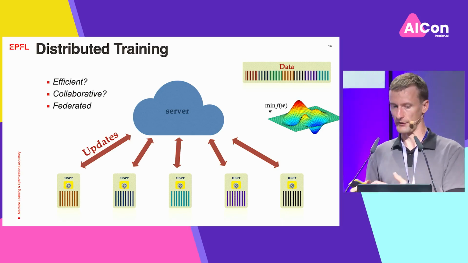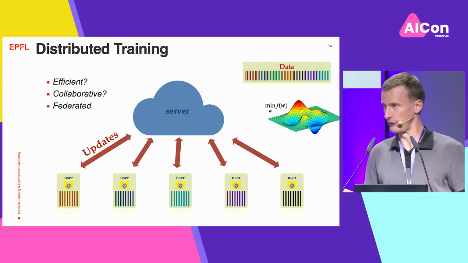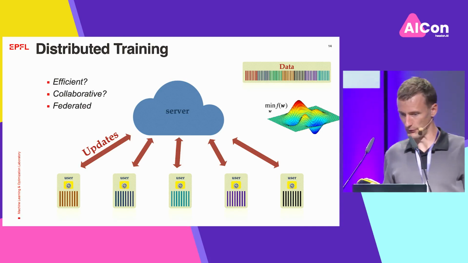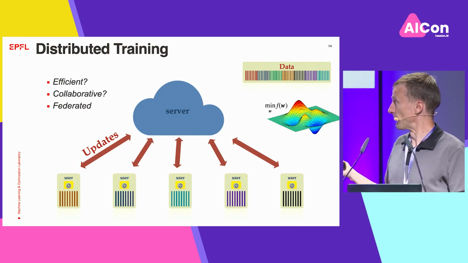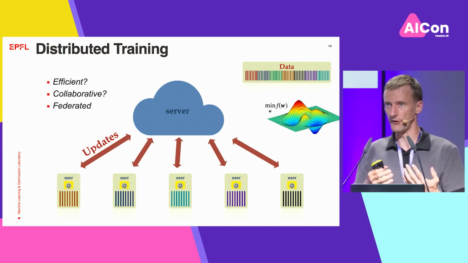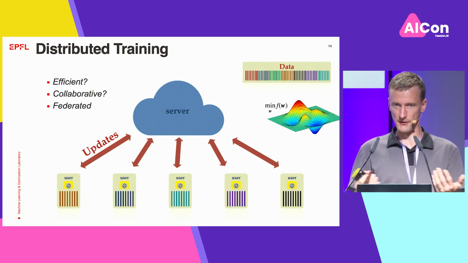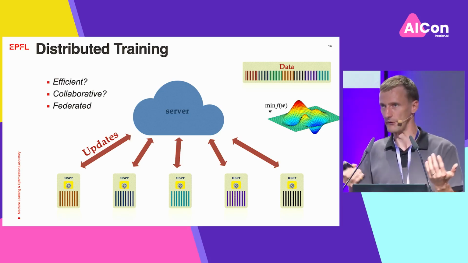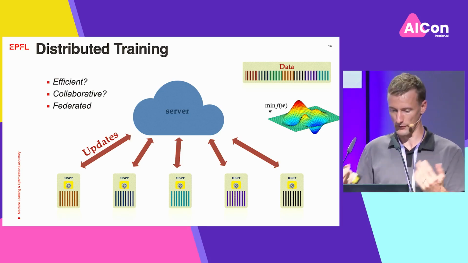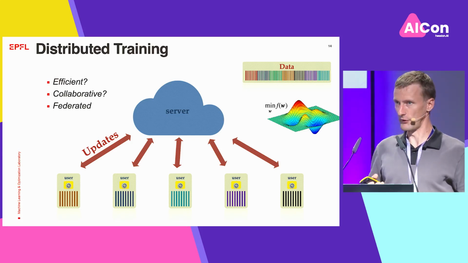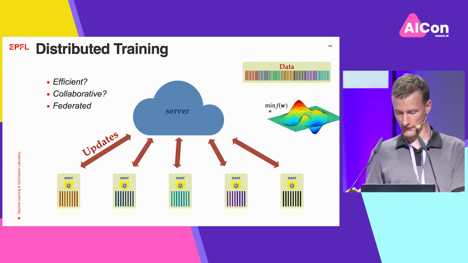But it's not centralized, right? The data is distributed. So that's why we now have a slightly more interesting version of the problem. What we do is we just send our updates, and the updates are changes to the weights, as we saw before. So this worker wants to increase the weight, this one wants to decrease, and so on for different weights. They just send their updates, and we add them up on the server to then formulate a joint update